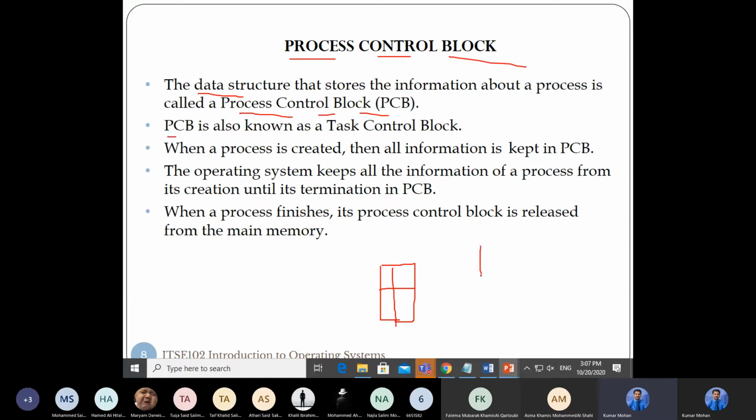In the years after, whenever I say process, I will tell the other names also. The process is the same as task. It is also the same as job. So what are the other names for process?